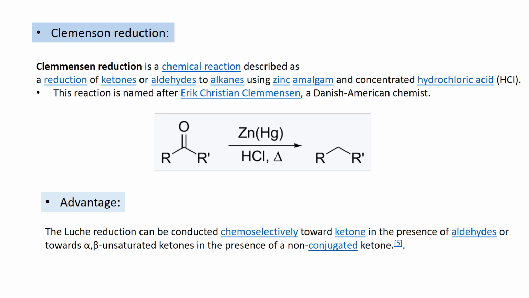So what is Clemmensen reduction? This is a chemical reaction described as a reduction of ketones or aldehydes to alkane. So it will totally reduce the carbonyl center of the aldehyde or ketone to alkane using zinc amalgam and concentrated HCl. Advantage: